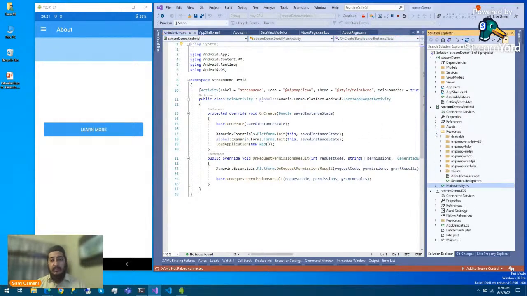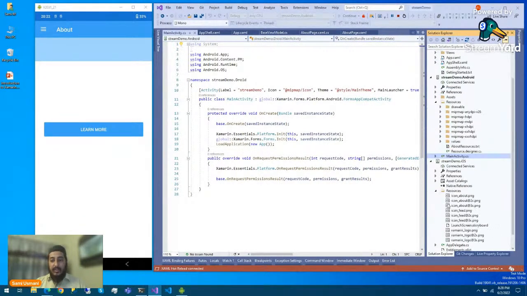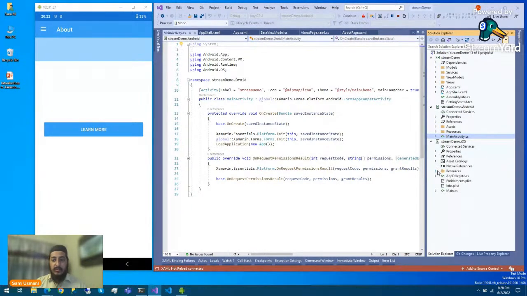You can also define resources for each platform separately. So if you want high resolution icons in iOS but lower resolution icons in Android for some reason, you can do it. You can do separate icons in both of these operating systems, iOS and Android, and you can change different values.